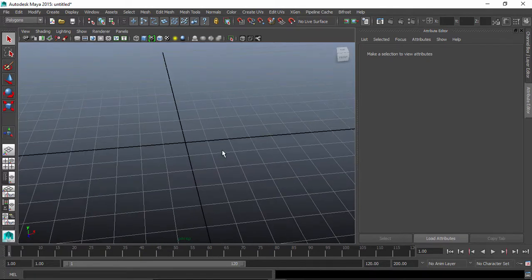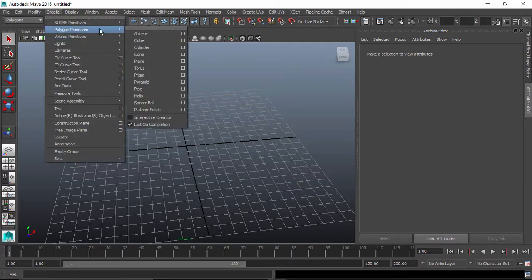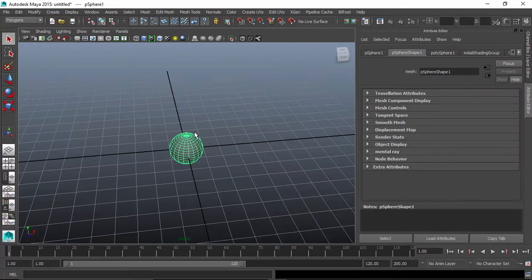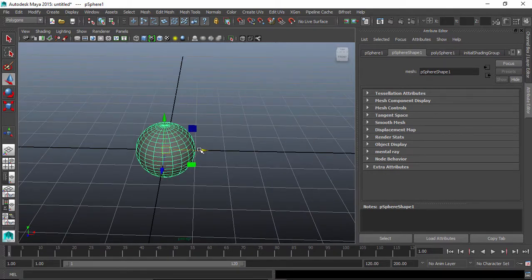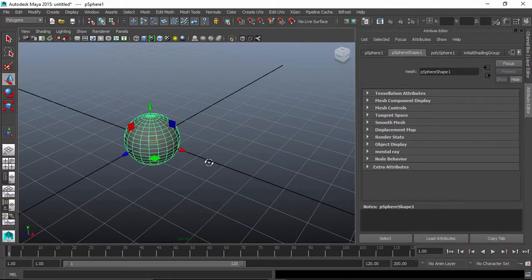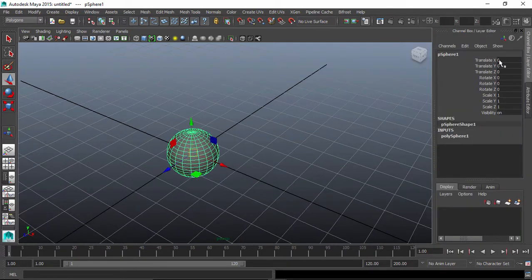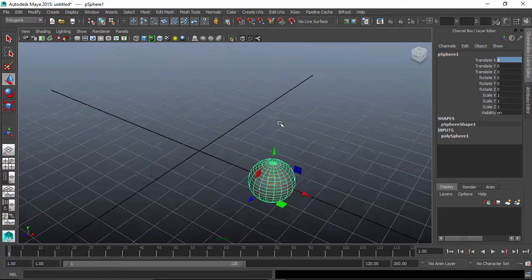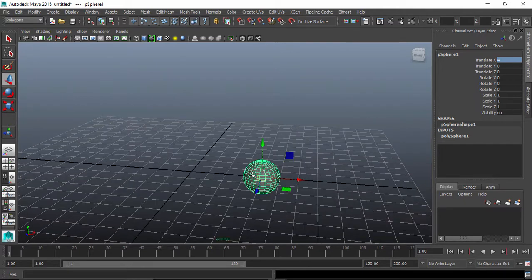So let's create that. Go to create, polygon primitives and sphere. Press W to move, and move that in the X axis by 4. So go to the channel box and in the translate X give it 4. Then we'll duplicate that